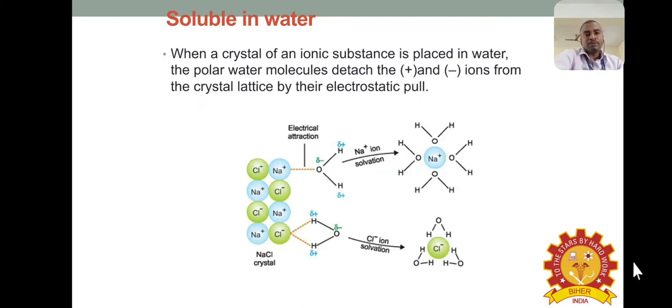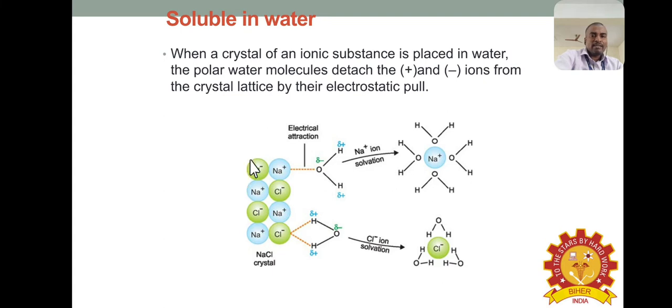Next we are going to discuss the solubility of ionic crystals in water. Ionic crystals are made up of positive and negative ions. Water is a universal polar solvent. Water has 2 lone pairs of electrons as well as 2 hydrogens. Oxygen is more electronegative than hydrogen. Due to this electronegativity difference, hydrogen always behaves as delta positive, and oxygen is delta negative.